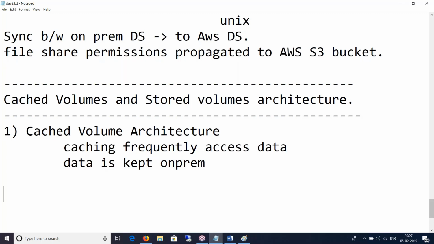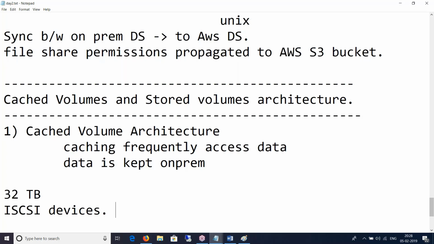And now you can have these storage volumes up to 32 terabytes as of today. And they have been created and attached and mounted as iSCSI devices. They are mounted on your premise application servers.